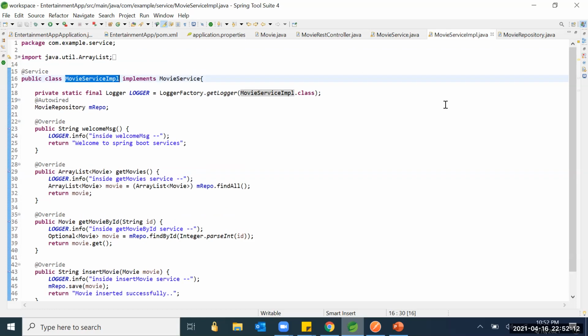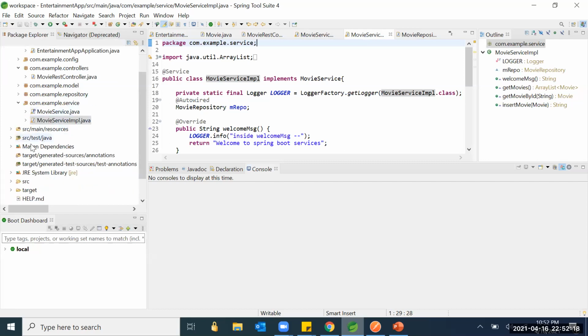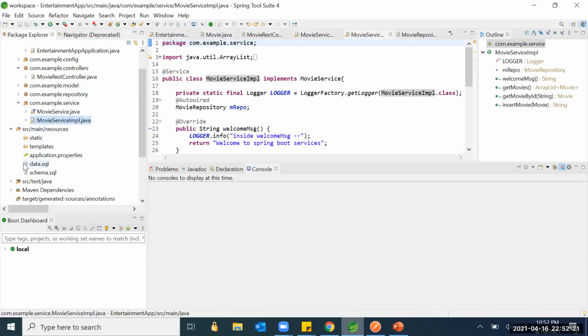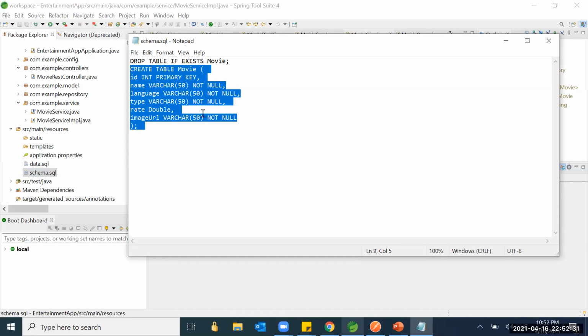And the other thing is for the H2 database, which I already talked about. I'm using the in-memory database here. In the resources folder, we need to create two files. One is schema.sql. In schema.sql, just create the table for the entity which you want to store.